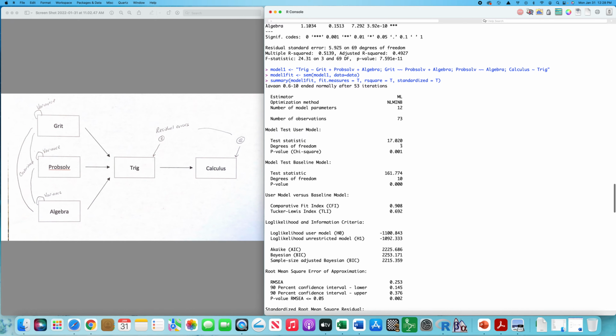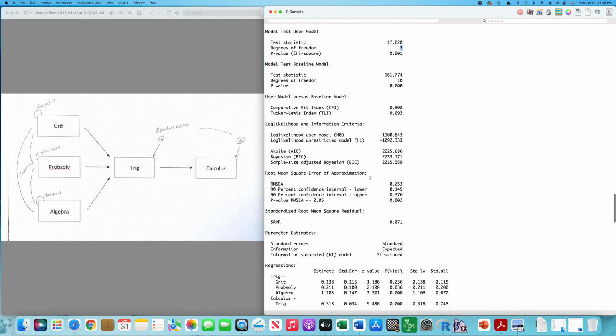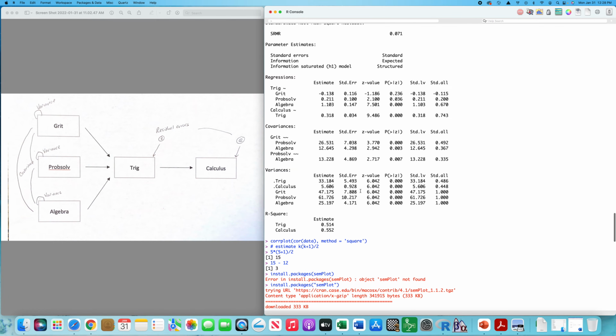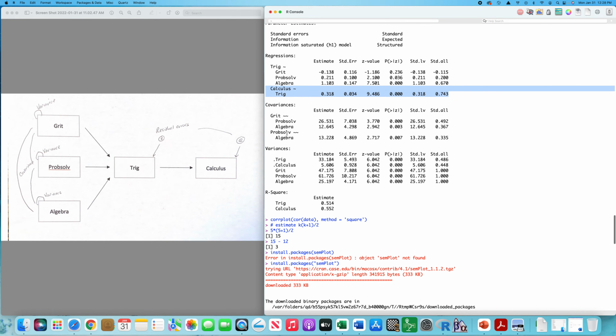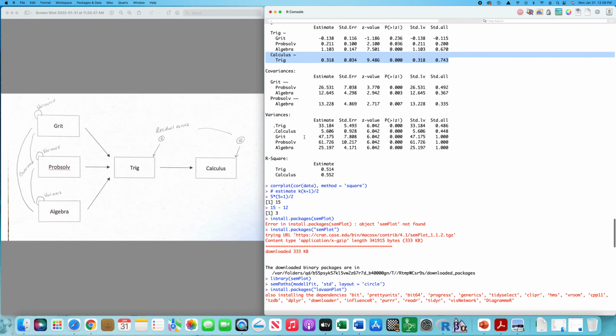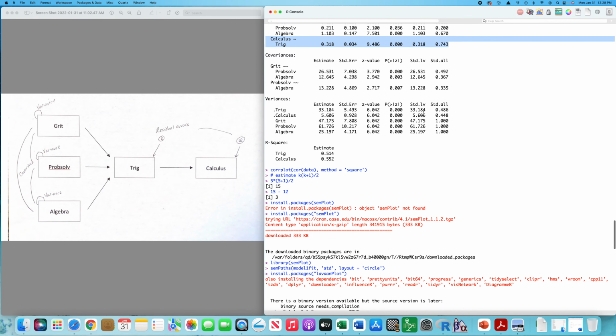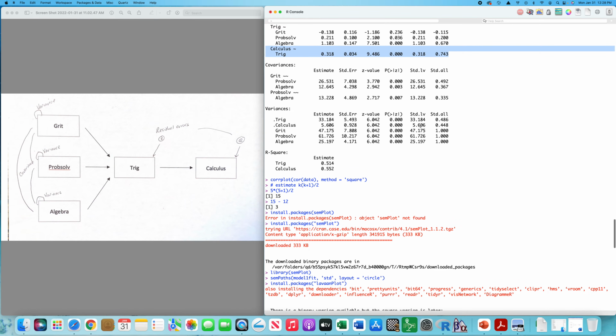So again, degrees of freedom greater than zero, model diagnostics here mean something to us. But now we go down to the regression coefficients. Really, we get just exactly what we did before. We get the one model predicting trig. We get the model that we just added, taking trig as a predictor, predicting calculus. And then we get the covariances of each of the models. And you'll see that the variance structure that's presented is exactly as before, but we're given this calculus line, which allows us to get into